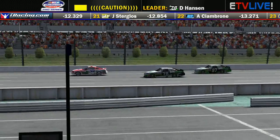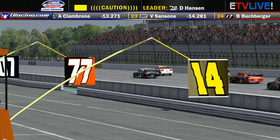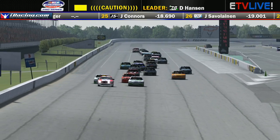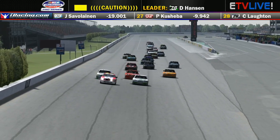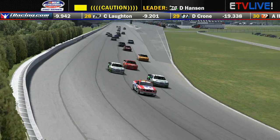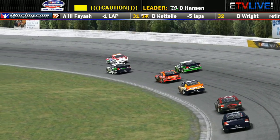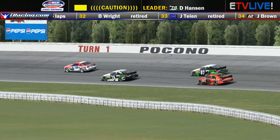Yeah, we've seen a lot of wrecks here in the second half of this race. The first half, 1 caution, straight up. It was a decent little show for the first half of this race, and then we see a couple of cautions breed cautions, and we see a lot of excitement, especially on these restarts where guys are fanning out, going 2 and 3 wide, and we're at the point now where these guys really don't want to give each other an inch, because we are coming down to that last quarter of this race where these guys are going to be gunning for a win, gunning for points, and especially with a guy like Chad Lawton right now down but not out at this point,